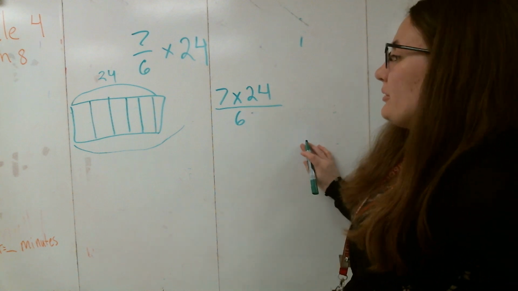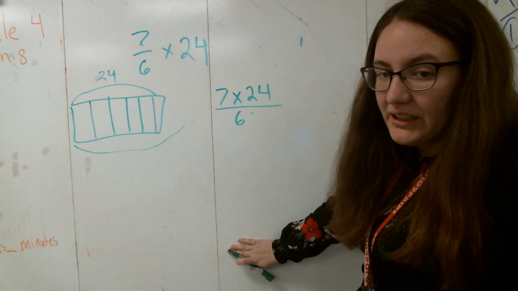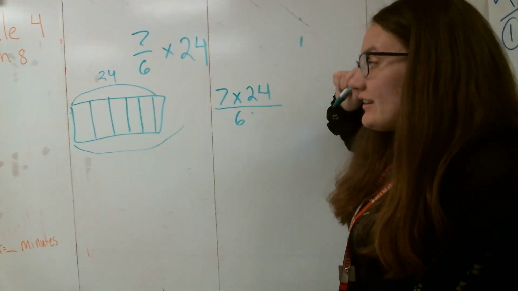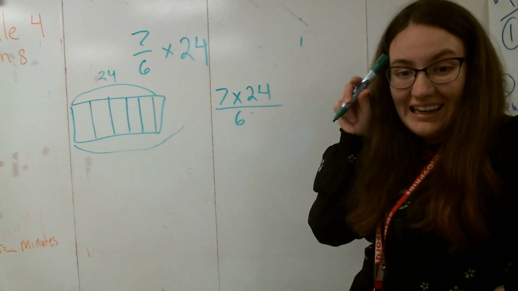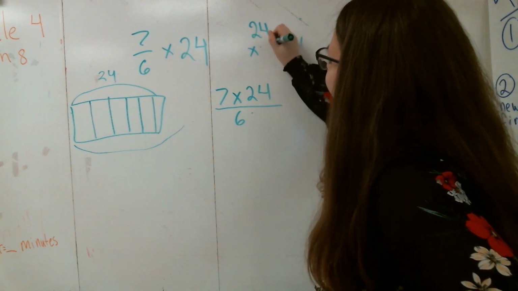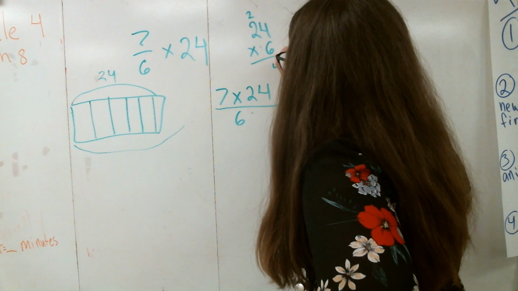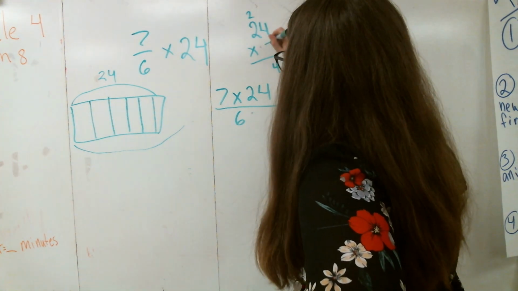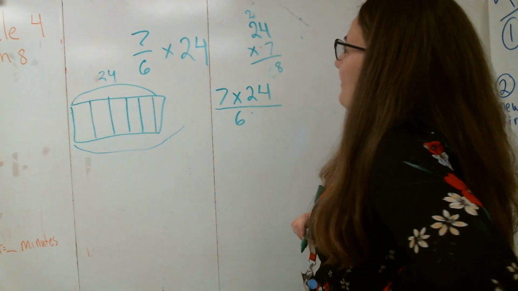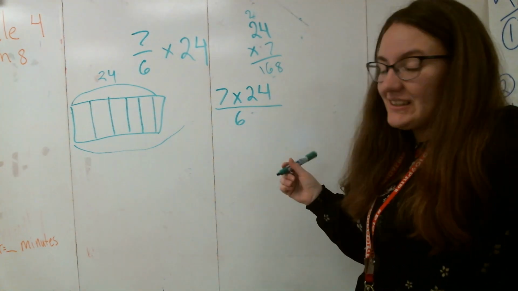Now when I look at this problem, I could solve this as the multiplication problem like we usually do. But do you know how to do 7 times 24 off the top of your head? Because unfortunately, Miss Coast does not either. So I would have to do a standard algorithm for this. So I have to do 24 times 6. 6 times 4 is 24. Oops, I meant to do a 7. So I could do 4 times 7, which is 28. 2 times 7 is 14. 14 plus 2 is 16. So that gives me 168